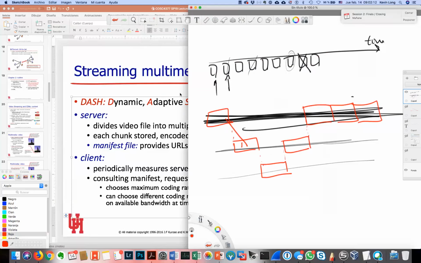YouTube does this all the time automatically. This is why when you look at a YouTube video